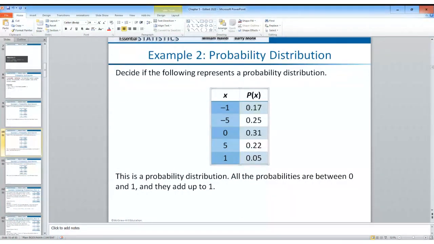But what we're looking at here, are all these probabilities viable ones? Well, 0.17, that's 17%. 0.25 is 25%. 0.31 is 31%. 0.22 is 22%. 0.05 is 5%. And if all of them are viable probabilities, and they add up to 1, and you can see that they do, just take them and start adding up. 0.17